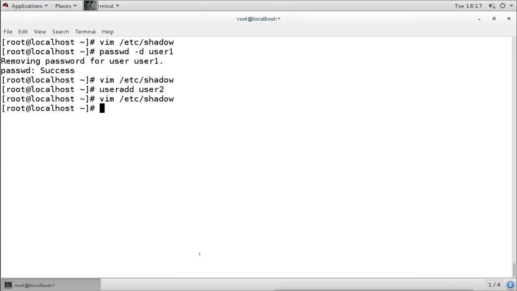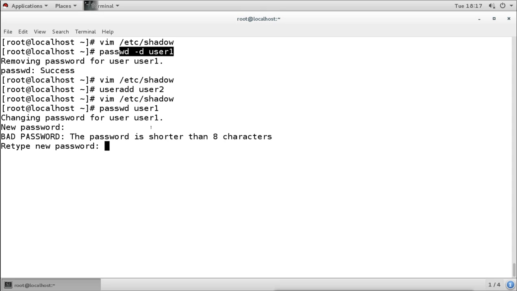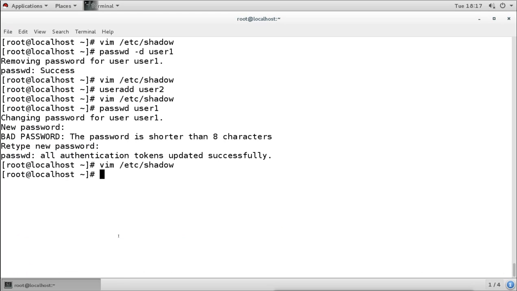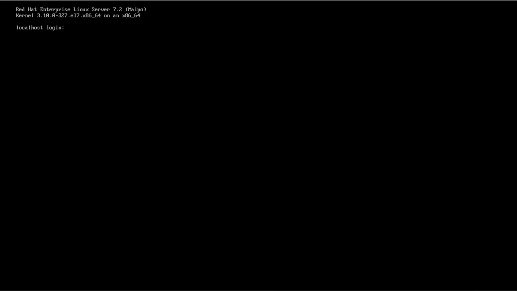Now if we want to reconfigure the password for this user which we removed, we have to add the password now. It is not like disabling or enabling, it is like removing it. So we have to add the password again for that user. Now the password is there, and then it will ask the password when the user tries to log in. So now the user has the password, and when the user tries to log in, it will ask the password for it. And when it gives the password, it can log in.